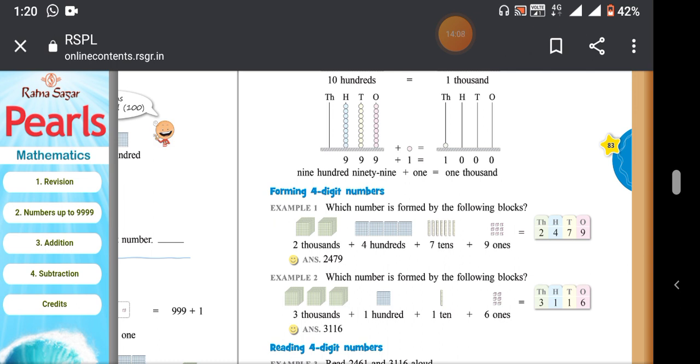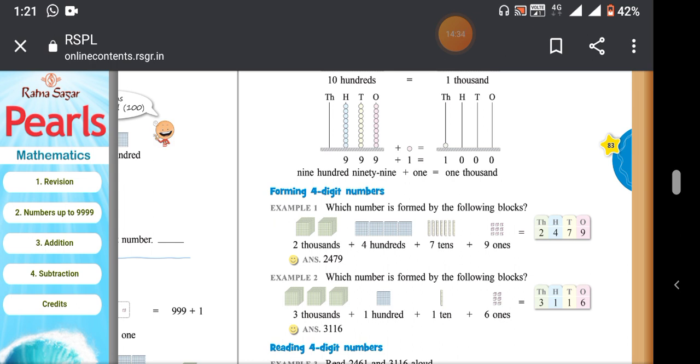Then there are 7 boxes. Those boxes indicate the tens place. Then 9 boxes are there. Those boxes indicate the ones place. So totally 2000 plus 400 plus 7 tens plus 9 ones. So the number is